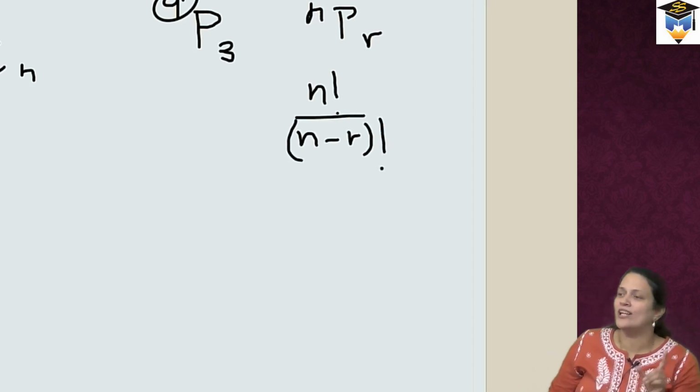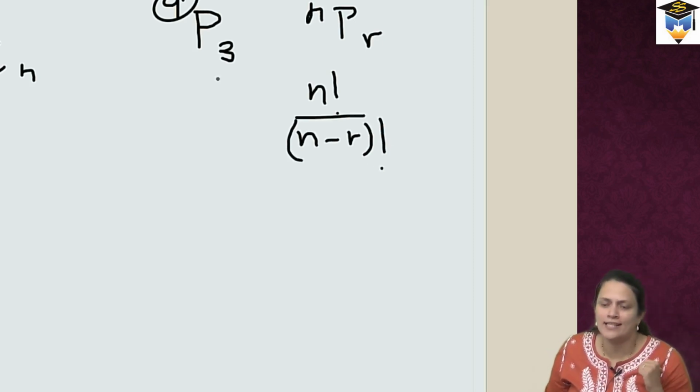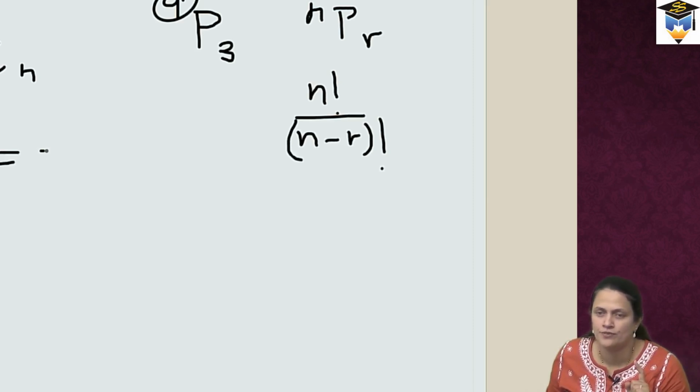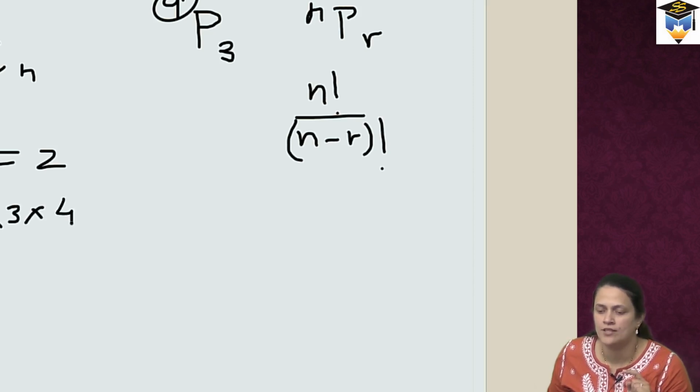Does anybody know what a factorial is? If I say 2 factorial, what is the value of 2 factorial? 1 multiplied by 2, that is 2. If I say 4 factorial, 1 into 2 into 3 into 4. So the answer is,